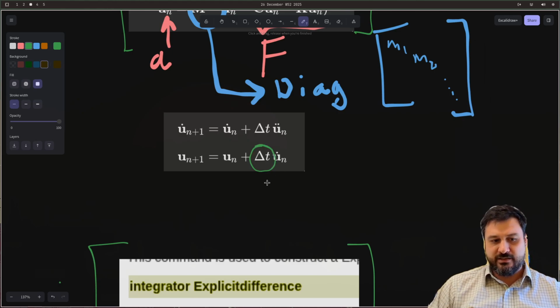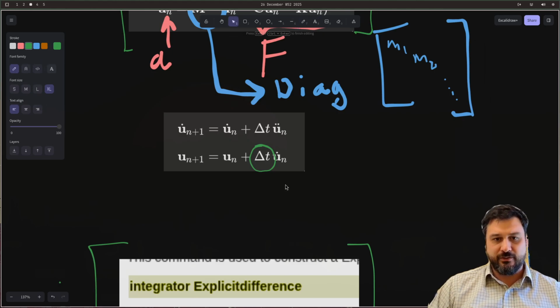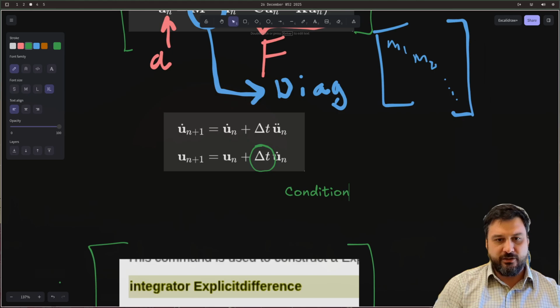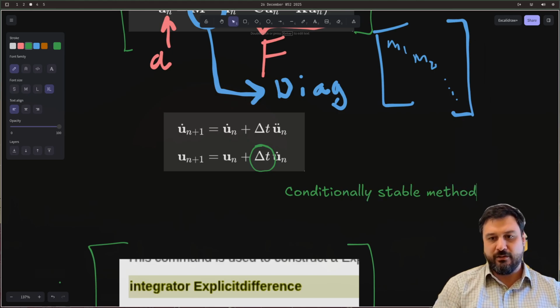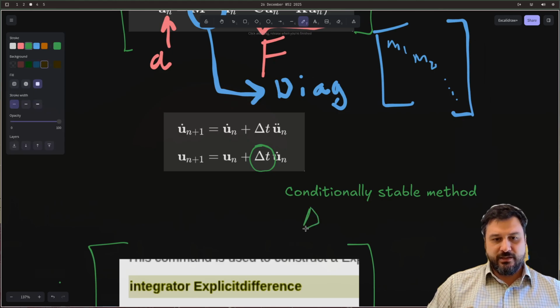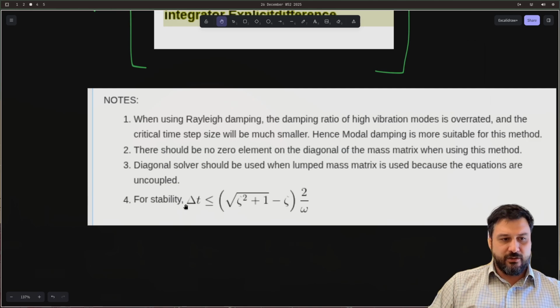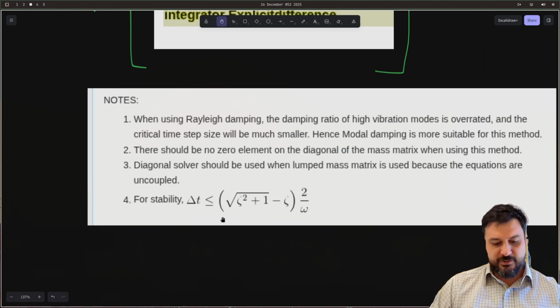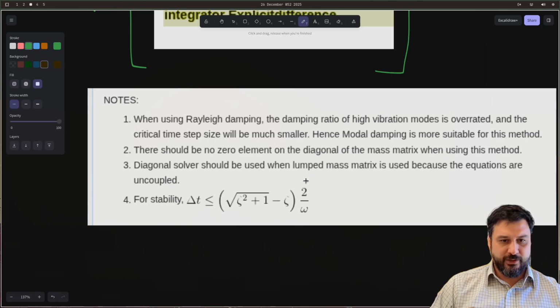This is a conditionally stable method, which means that your delta t has to be less than or equal to delta t critical. Otherwise, everything explodes, which is not nice. And your critical time step is given by this little formula over here. So 2 over omega, where omega is